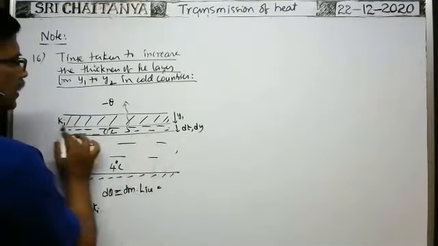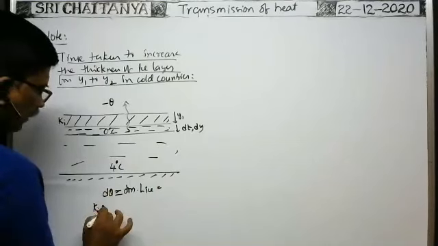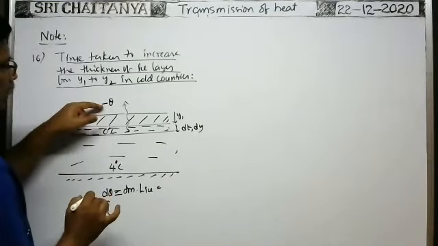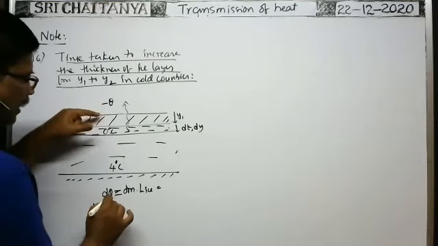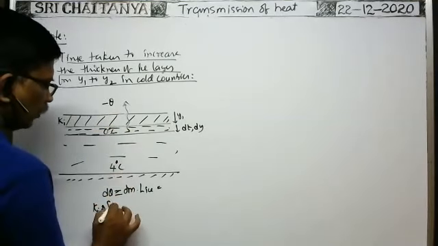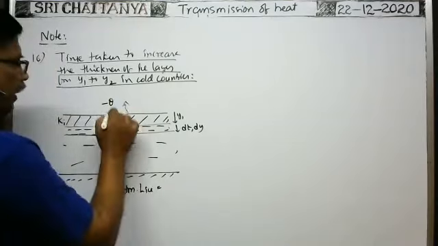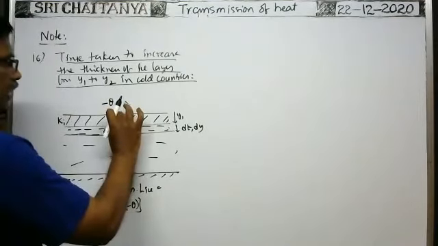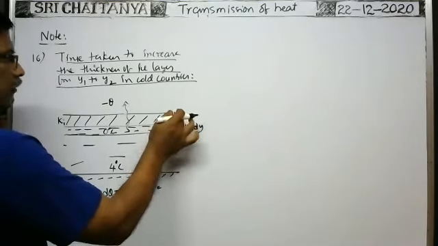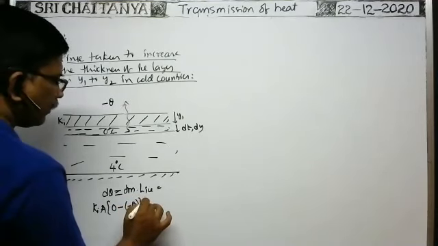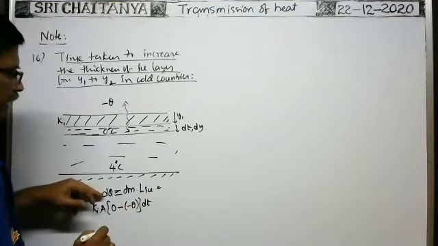into the area of cross section of this ice layer A, into the temperature difference from this phase to this phase, as heat energy transmission takes place. The lower surface of the already formed ice layer is 0, that's why 0 degree minus minus theta. It is the temperature difference across the ice layer formed having thickness say y1. Ki A delta theta in a time dt seconds. This amount of heat energy is lost.